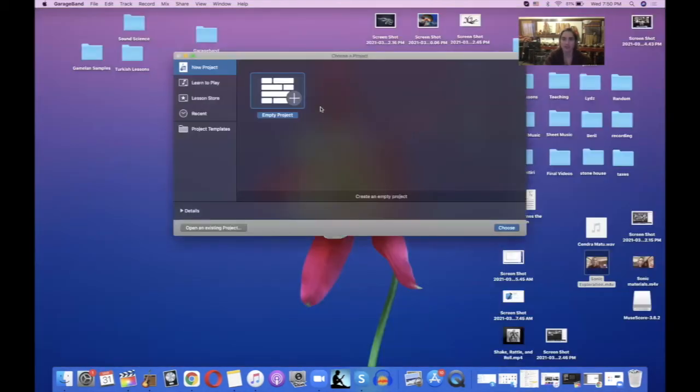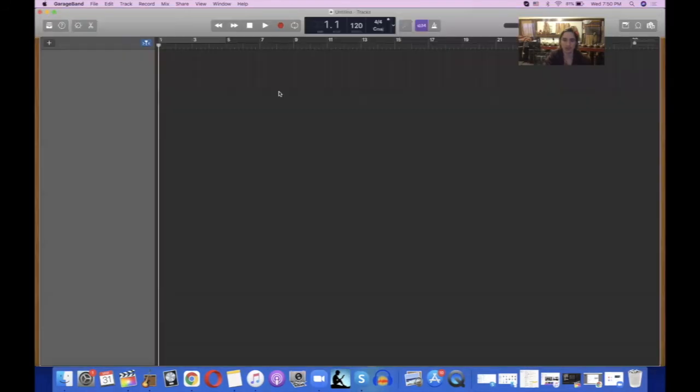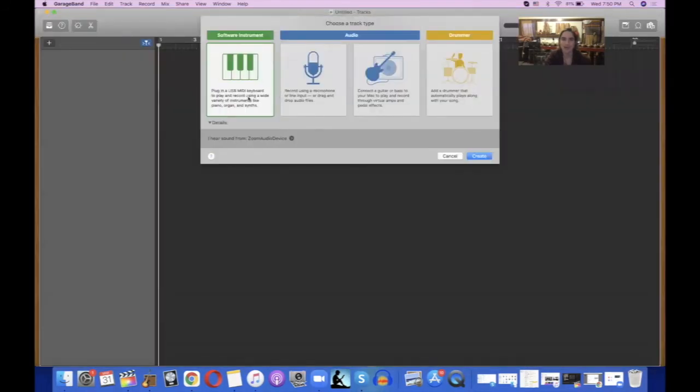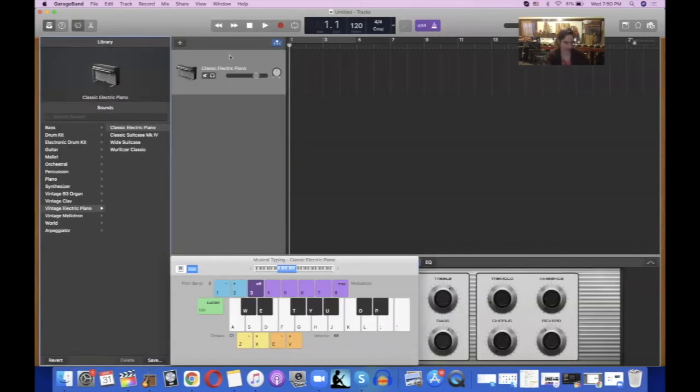I'm going to come over here to New Projects. So I'm going to click New Project, and I'm going to start with my MIDI sounds. So again, if you're using a computer and you see this page, we want to start with our green MIDI sounds. And again, my first sound is going to be my electronic piano, and I see that here I can type on my keyboard to get that sound, but I can also change it to all kinds of different sounds,